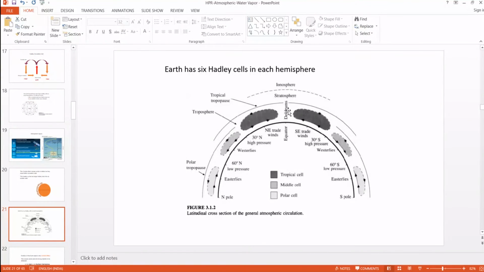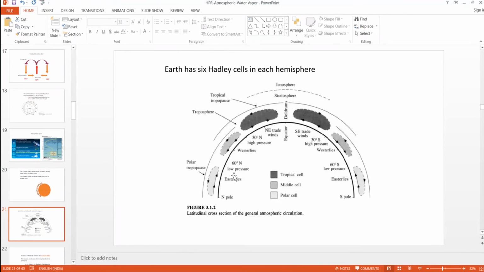See what happens here. Near the equator, the warm air rises, then it flows towards the poles at higher altitude, but during this transport, it loses its energy and cools down. Once it cools down, at around 30-degree latitude, it comes down to the earth, and due to the low pressure at the equator, this wind goes back to the equator. Then again, due to high temperature here, it becomes warm and goes up.